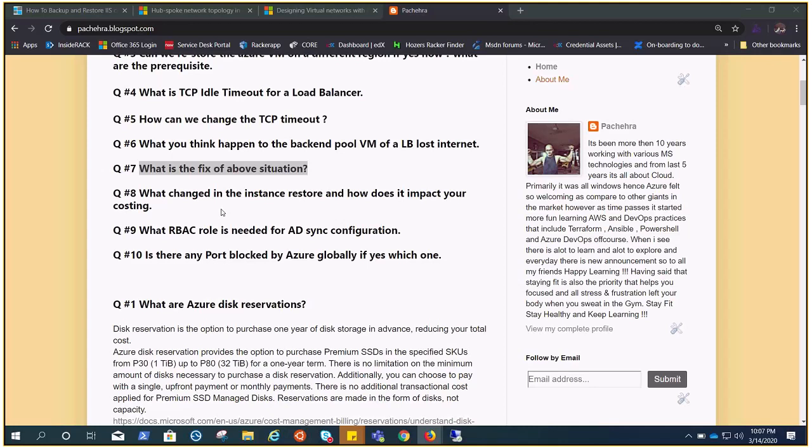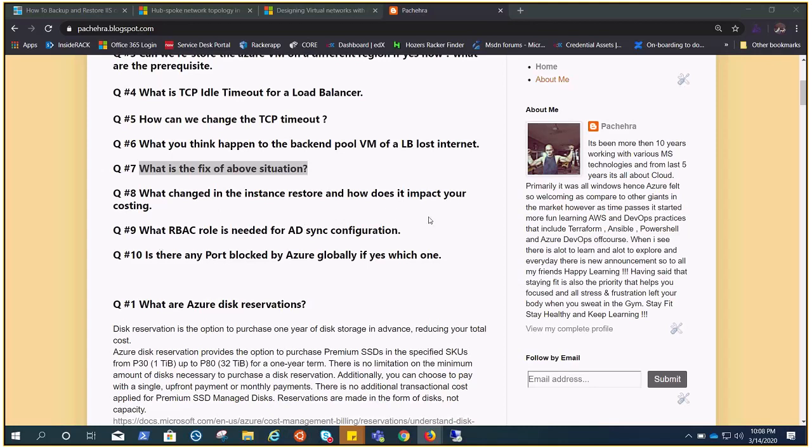But now after the upgrade, after this feature, the recovery point is created once the snapshot is taken. Okay. Now you can keep that snapshot in your storage account for 2 days, 3 days, 4 days. I think maximum is the 5 days. And so when you restore your VM, you have your snapshot locally in your storage account. You need not wait to rehydrate the data from your vault to your storage account. So overall timing for the restore is minimized. It's not like you are restoring in seconds, but it is like you are restoring in a very small amount of time as compared to the old way. Okay,